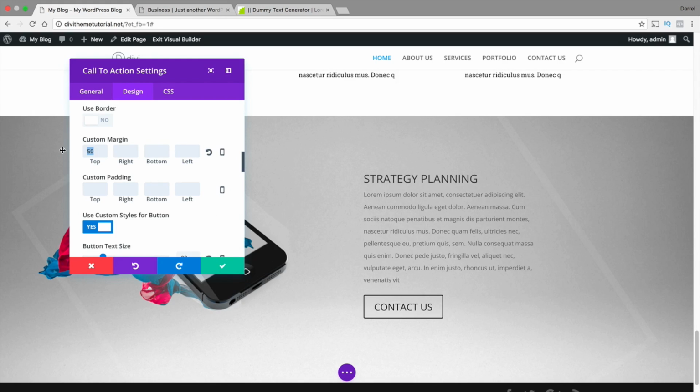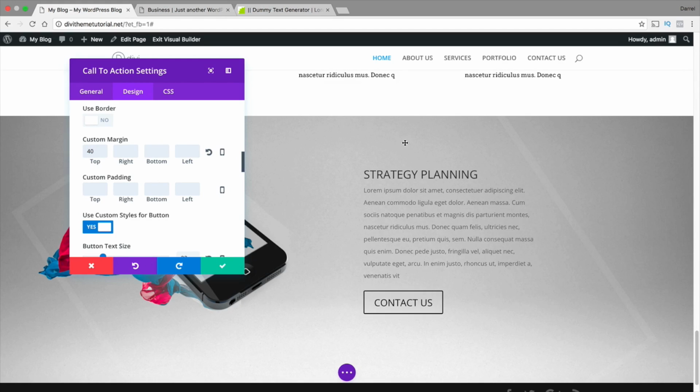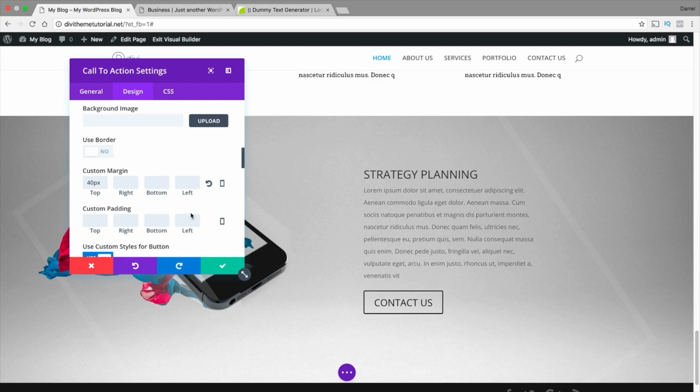It actually looks good. So it's creating a space right here. So that is what the margin's for. And you can use it for the right, the left, or the bottom. You can basically control where you want it to be. Now, let me just show you something a little strange that you can do with this, but that actually works